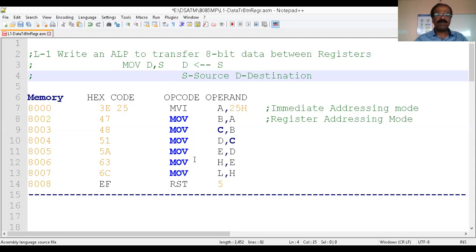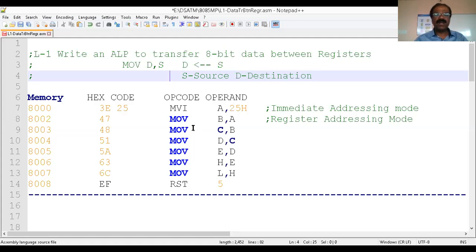Okay, so my job is completed. Now you can terminate the program. You can stop the program by using RST5. Actually, this instruction depends upon the type of manufacturer. Here in this case, I'm going to use a vendor called Electro System Associates, from Bangalore. This kit is manufactured in Bangalore. Therefore, I'm going to use this particular instruction, RST5, to terminate the program.